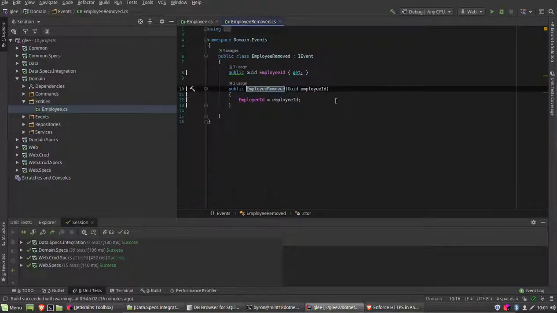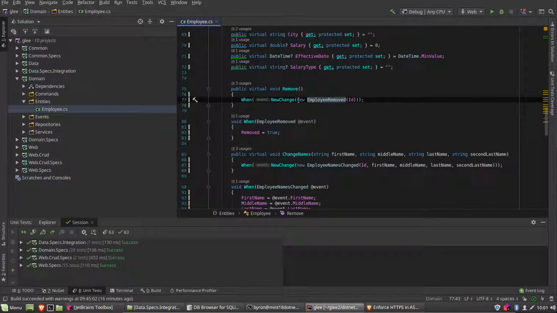Taking a look at this event, it is super simple. It's got a public getter for the employee ID and a public constructor so that we can instantiate that in the first place. So here we are instantiating it using that public constructor, and then we pass that into new change, which of course is just going to add that to the list of domain events, and then our When,